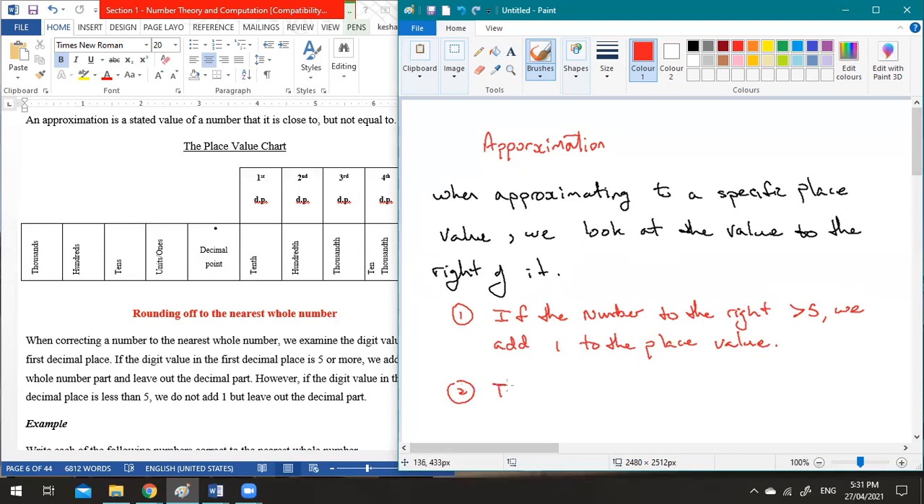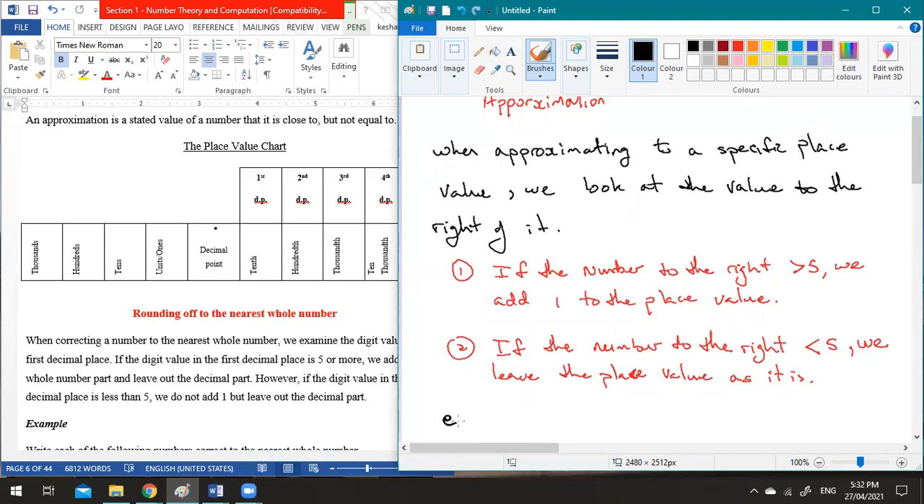And 2, if the number to the right is less than 5, we leave the place value as is, or as it is, right? So example,